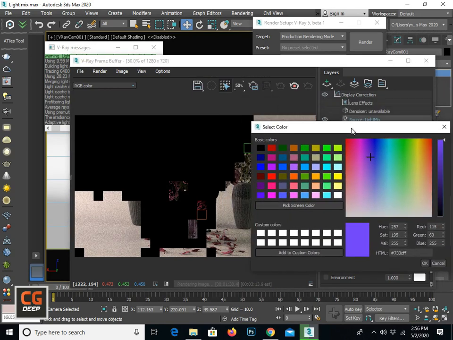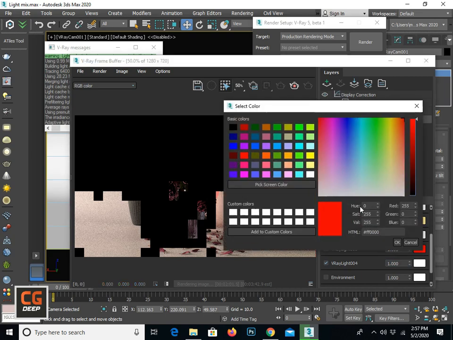I will make it a little bit red. Okay, and I will check light number 4 here, which is the sphere light.